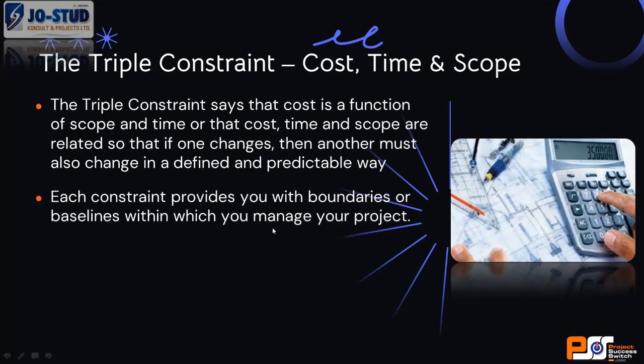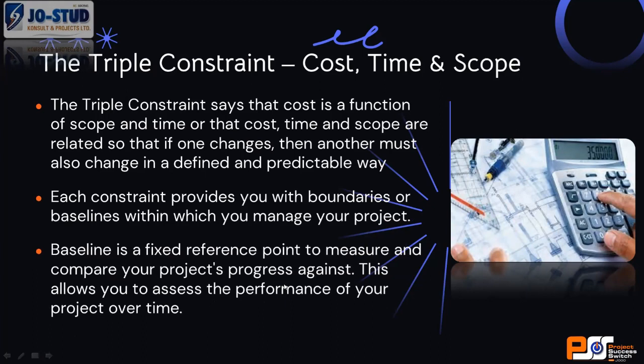Now, each constraint provides you with boundaries. I've already mentioned this, so I won't take time on it. A baseline is a fixed reference point. Now, I'm giving another side to the definition of a baseline today. Yesterday, I said it's a boundary within which you manage your project. Now, for the purpose of monitoring, your baseline is also a reference point. Why is it a reference point? Because you need to compare your project